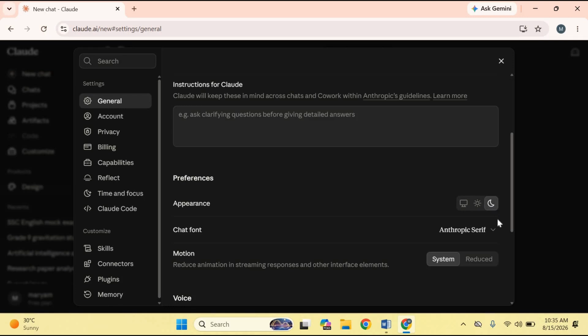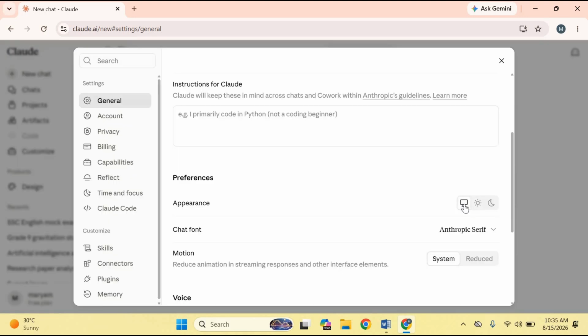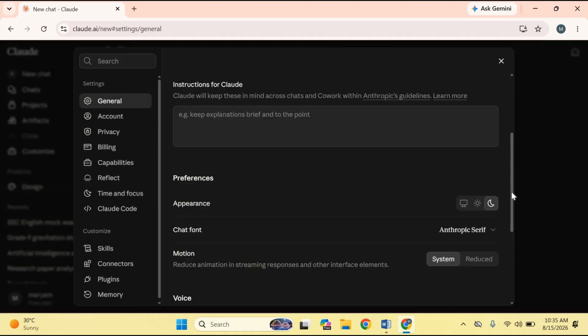If you don't want to manually switch between light and dark mode, you may also have the option to let Claude follow your computer's system appearance. Simply set your Windows or Mac to dark mode, and choose the System or Automatic Theme option in Claude if it is available. Dark mode is a simple customization, but it can make the Claude interface feel more comfortable, particularly